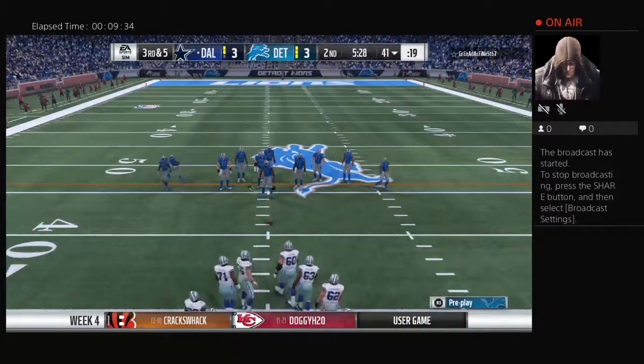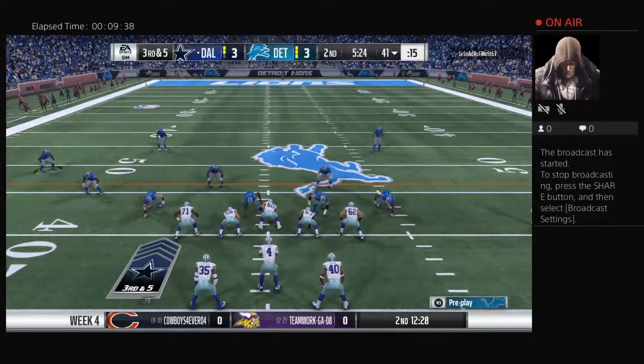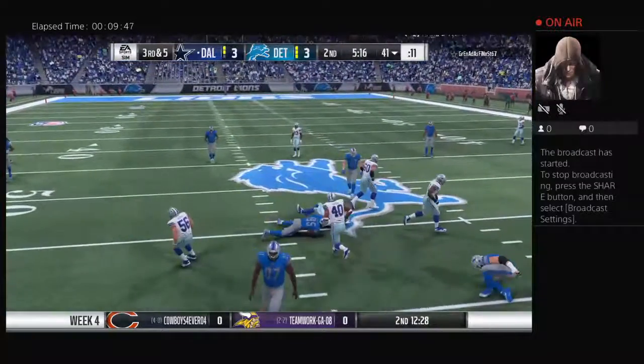The Cowboys on 3rd down. They've been okay, 2 for 3 thus far. This will be 3rd and 5. Here we go now. Green, Detroit. Looking to throw. And this is going to be